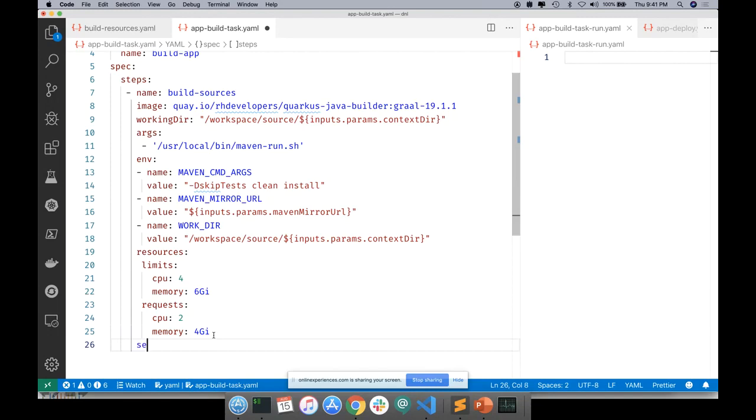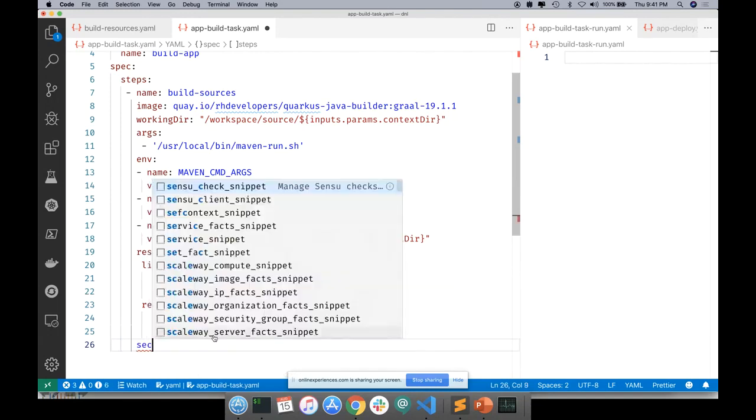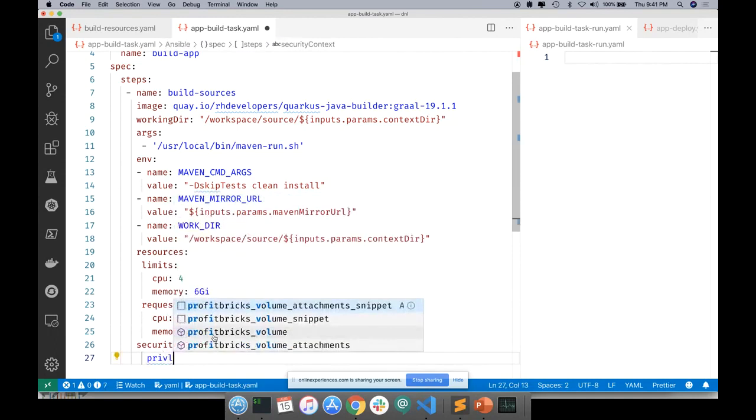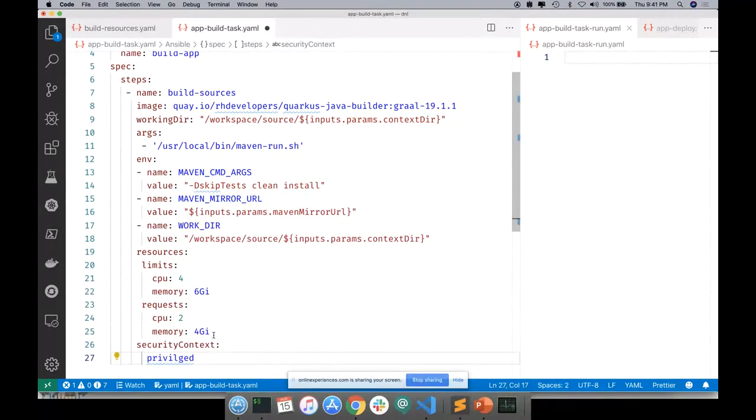The next step is that I go back and define a security context because my builder image runs as a root user, and OpenShift does not allow you to run as root user. So I need to give privileged